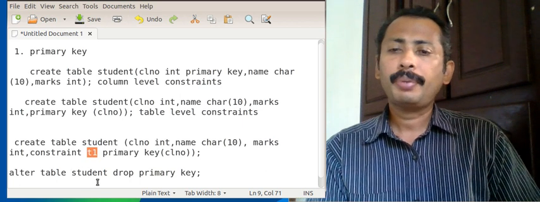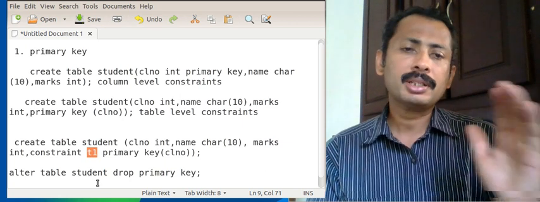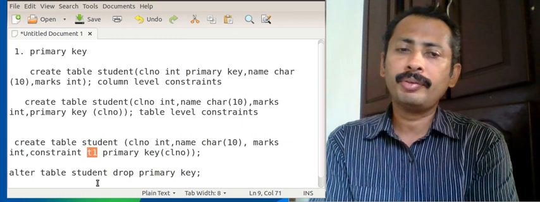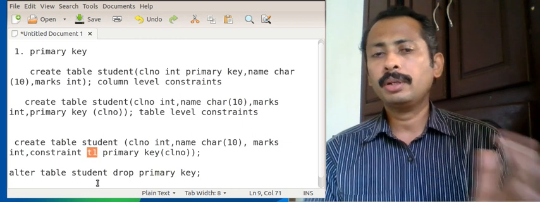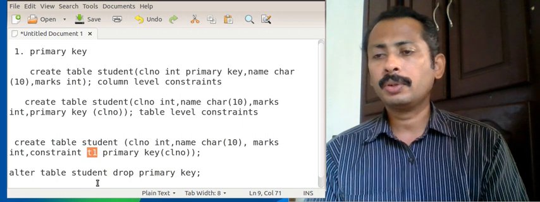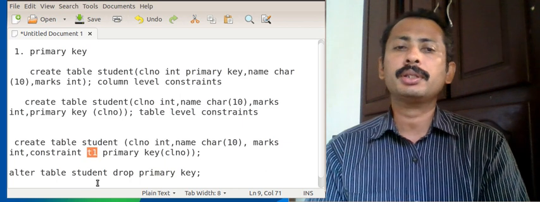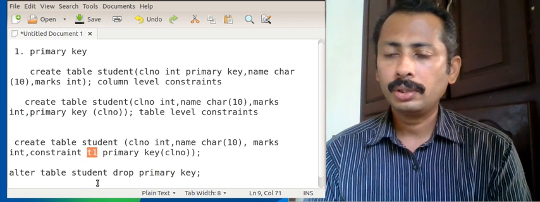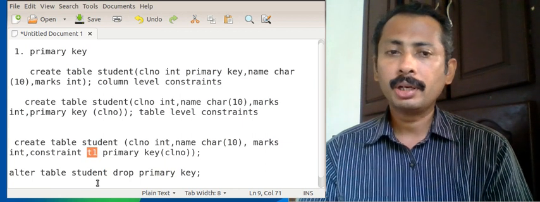So the primary key constraint is dropped. We have a constraint entry for each table, and that will be dropped. So alter table student drop primary key means the primary key constraint for the table student gets dropped. So these are the three types of primary key creation.